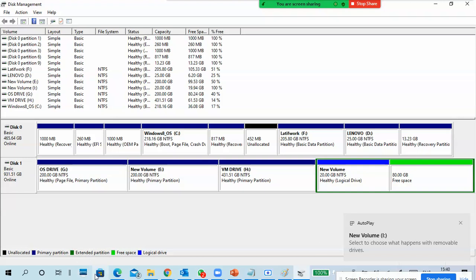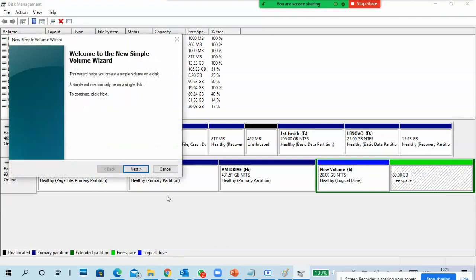You can see here in this bottom, you can see a thick color. It is an extended partition, and this is the free space. This is the logical partition. You can see this is a thick blue color, this is the light blue color, and the thick green border, the entire border is an extended partition. Within the extended you can see a logical partition, and this is the 80 GB free space, and you can create another if you want.